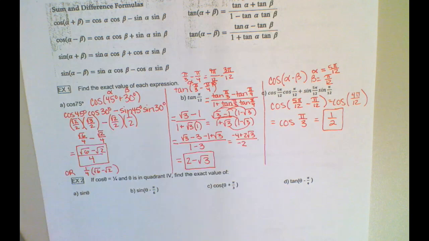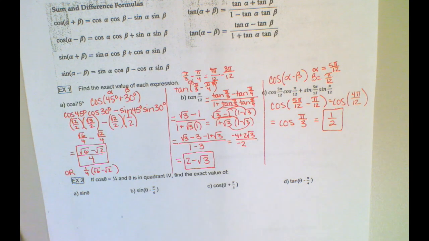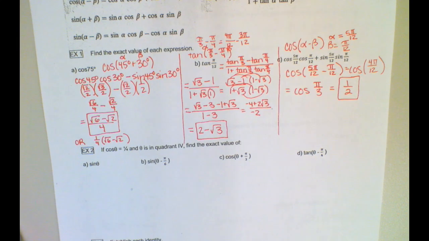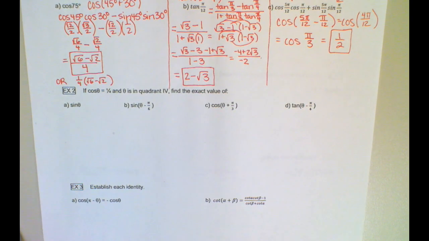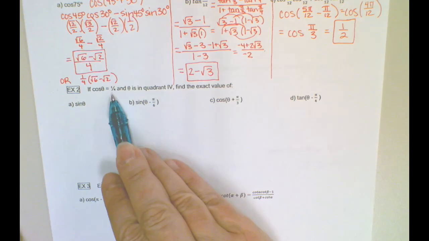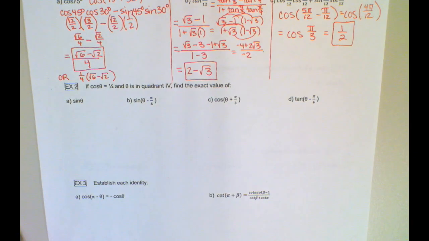All right, so different manipulations that we can use. Again, calculator's pretty much useless here because we need exact values for everything. So radicals and whatnot. All right, example 2, if the cosine of theta is 1/4 and theta is in quadrant 4, find the exact value. So what I need to do here, because obviously this value for cosine is not a unit circle value, that means that